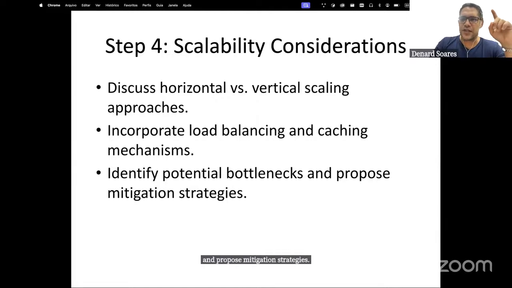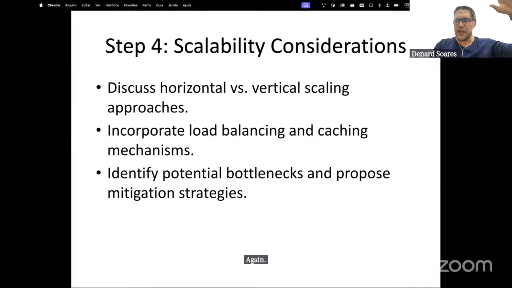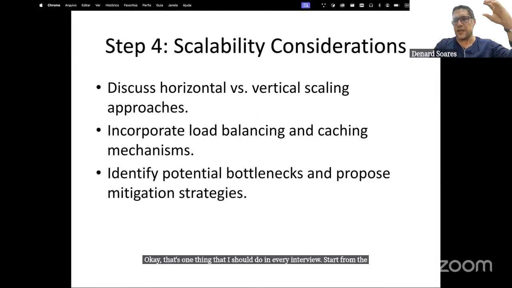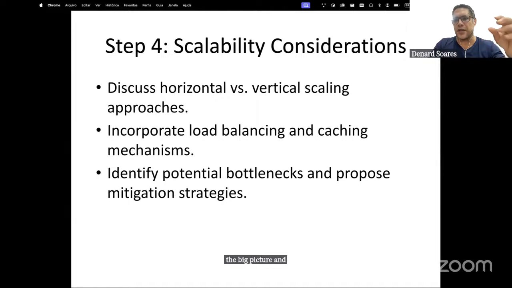Did you notice that I, again, started with a higher level and left the details for later? That's one thing that I should do in every interview. Start from the big picture and drill down to the details later. Don't start with the details, okay?